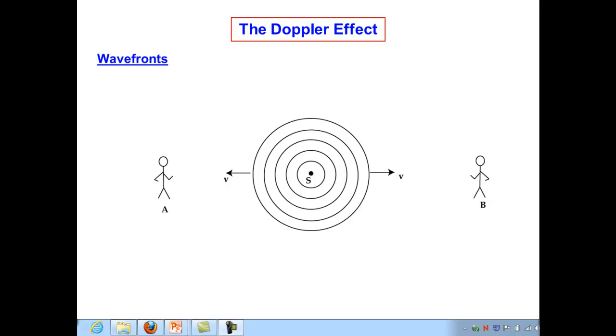Today I'd like to give you an introduction to a really interesting and very useful physical phenomenon called the Doppler Effect. In its simplest terms, the Doppler Effect is the experimental observation that the frequency of a source of waves is affected by both the motion of the source and the motion of an observer. We're going to illustrate that, and we're also going to work out mathematically how we can predict what those